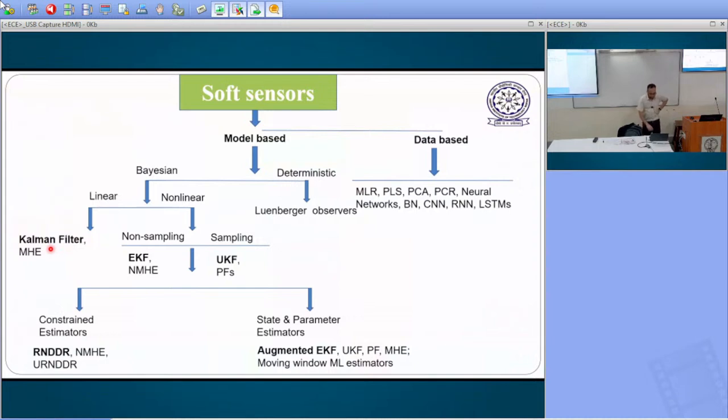Yeah, so good morning everyone. I think in the last class we discussed the importance of soft sensors, actually predictive models. Where do we need these predictive models, and what are the classifications of the predictive models we have seen? I think here we can classify them as model based as well as